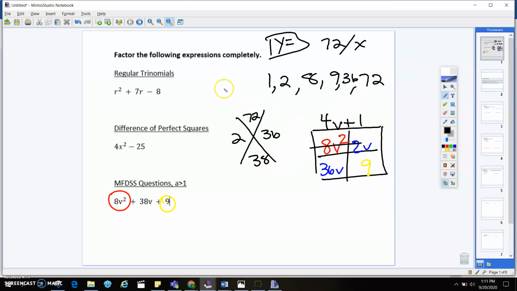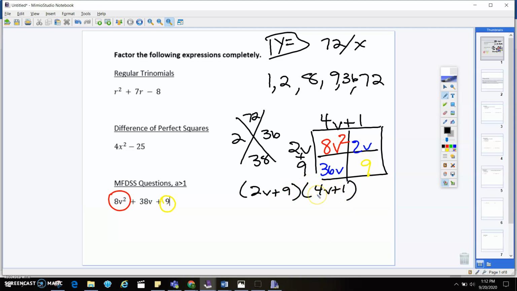Well, now I need to think through. All right, what number times 4V will give me 8V squared? Well, 4 times 2 gives me 8, and I need another V there because V times V gives me V squared. Let's check and make sure that works for the other box. 2V times 1 gives me 2V. And now I need to think about this one. 4V times what will give me 36? Well, that's 9. Okay, so now I'm going to take everything that's on the outside and write it out in